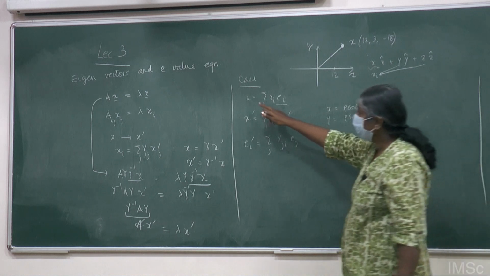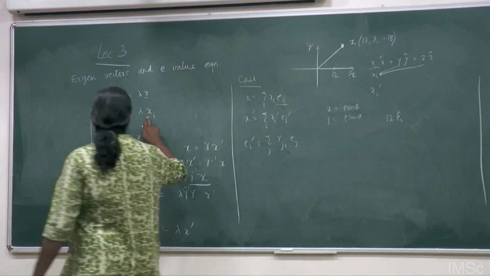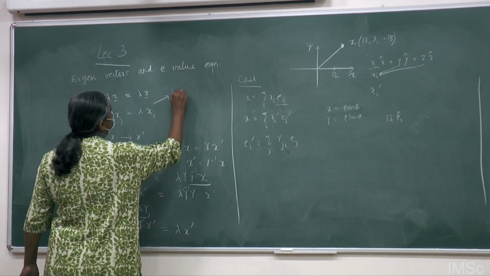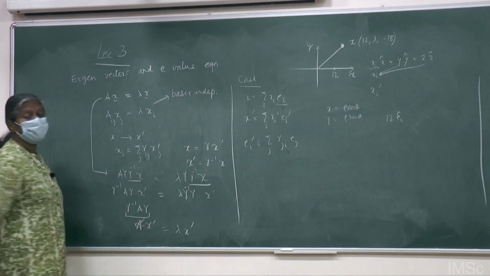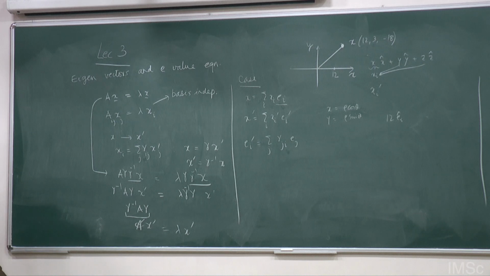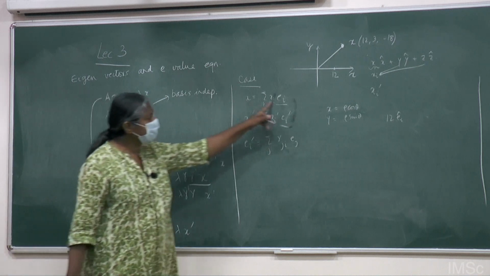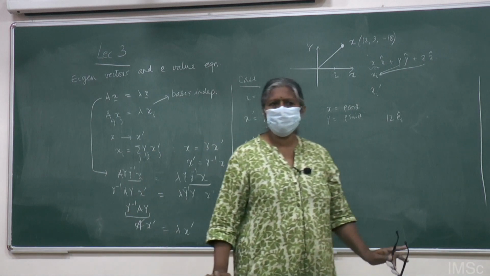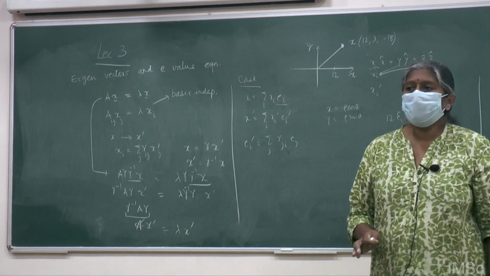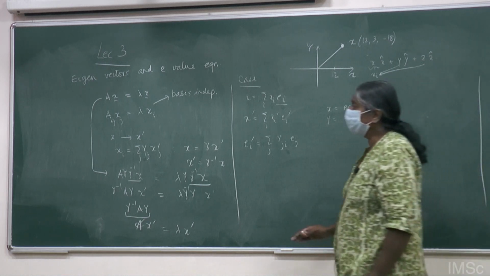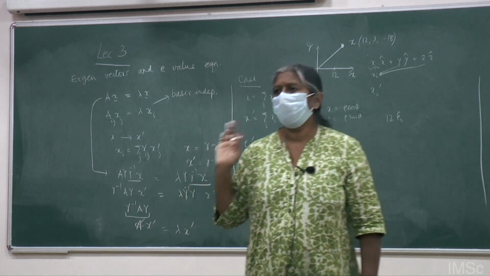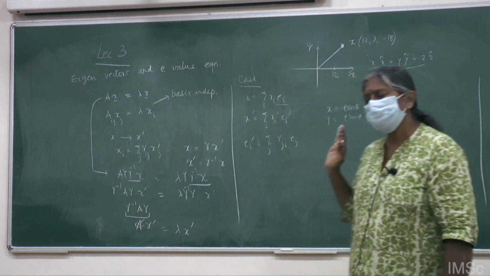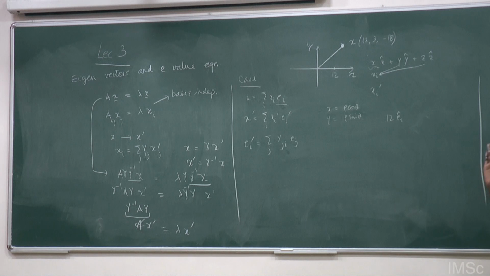So this x, when I talk about this x, this is actually a basis independent representation. You don't normally talk about it, but it represents a physical quantity. I could have written it in terms of the e's or the e primes or the e double primes, then that will become a basis dependent quantity. But this eigenvalue equation actually doesn't depend on the representation that I use or the choice of basis. So this is the difference between the two.